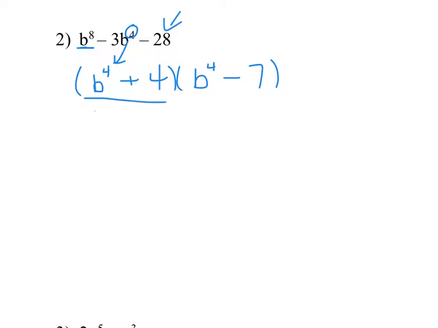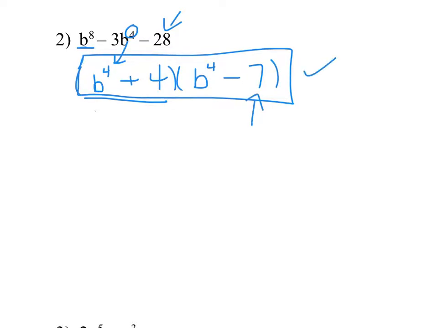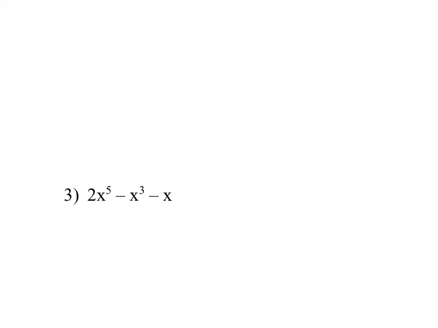I look here and ask, could I factor that? No, I can't, because it's a sum of two squares, and so that can't be factored. And 7 is not a perfect square, so that can't be factored anymore. That is the final answer. That is factored as much as it can. Right, this last one,